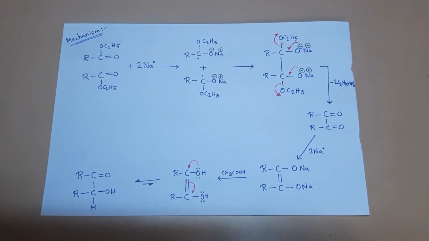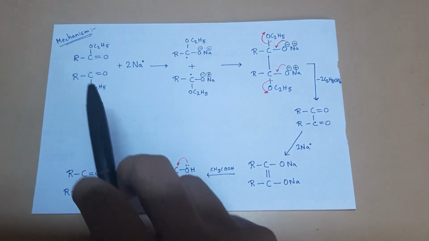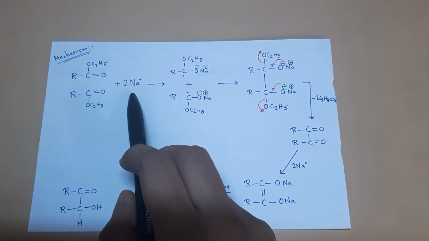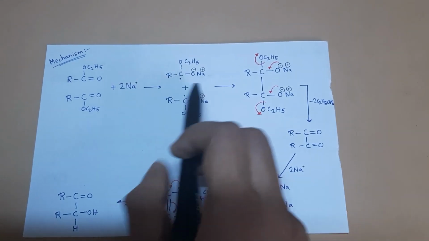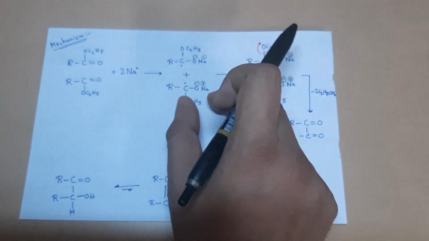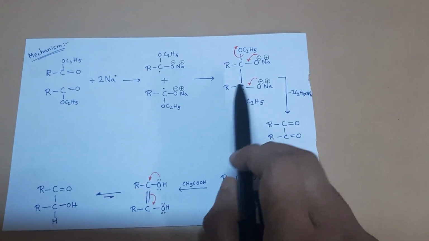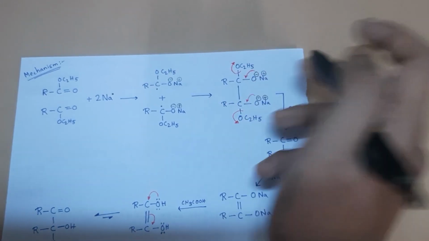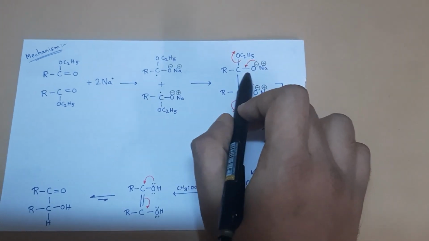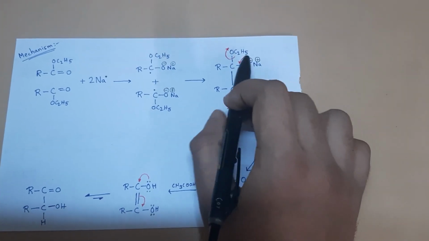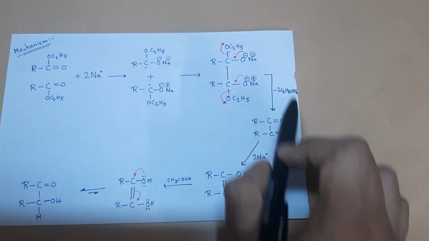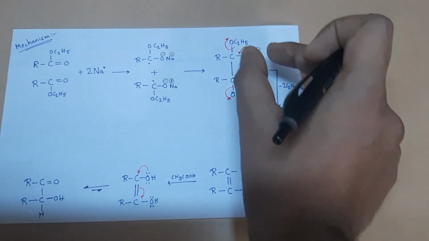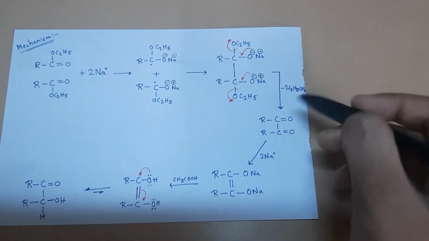Now heading on to the mechanism, this basically is the mechanism. The two esters on exposure to sodium form this ionic counterpart in each ester, and then this electron pair gets donated in the form of a bond, and the ester part gets removed. And when we remove that ester part reacted with sodium, two parts of it, then we get the diketone,